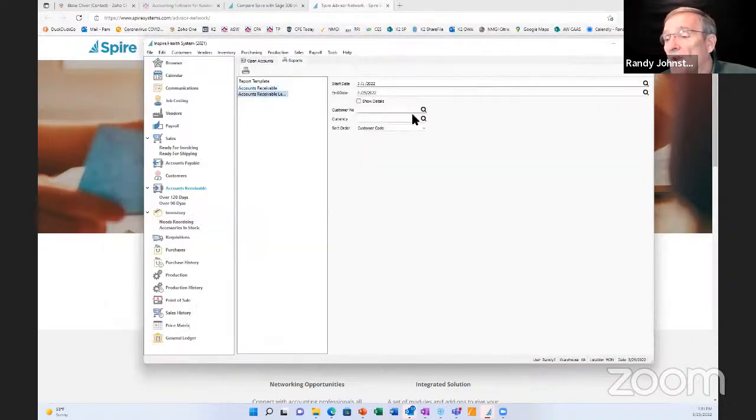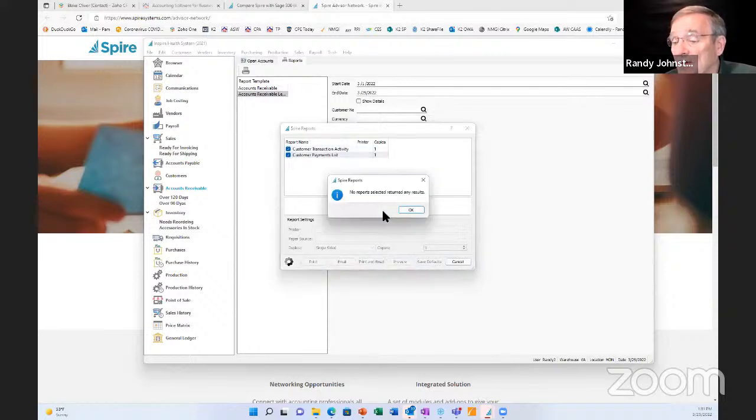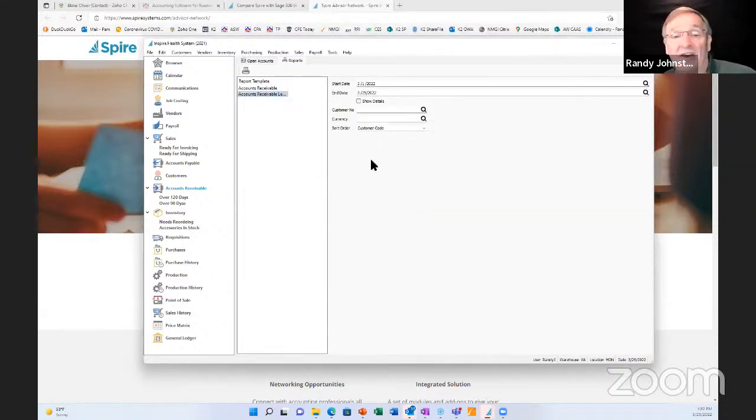So one other thing that I don't like to do, but we often wind up doing these type of things, is we can do accounts receivable letters. So if I want to do accounts payable current payment list, in fact, let's just go ahead and tick both those off because they don't take long to run. And looks like in the time frame that I have, I don't have any transactions, but that's the basic customer